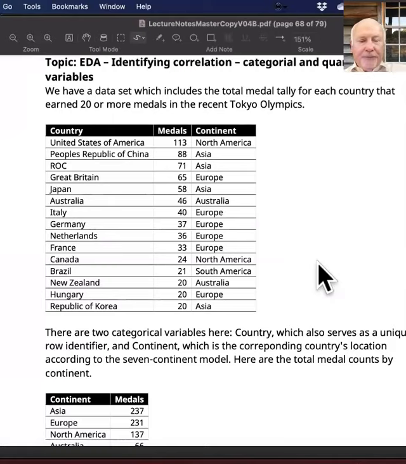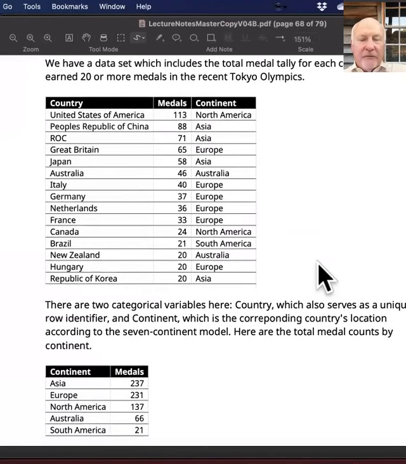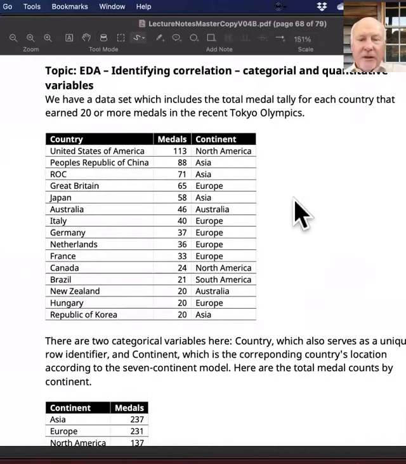So you quite often hear people talking, I've heard people talking, about whether certain continents are better than others at winning medals at the Olympics and so on. So I thought I'll have a look at that from the Tokyo Olympics. So what I did here is I just pulled the countries which won 20 or more medals in the recent Tokyo Olympics. I haven't distinguished between gold, silver and bronze,